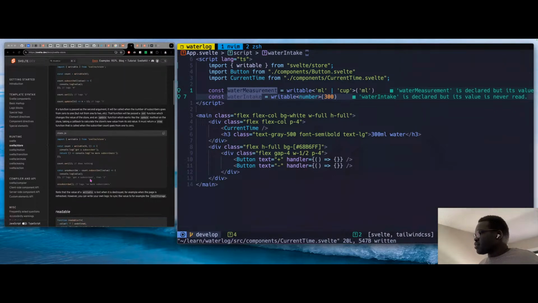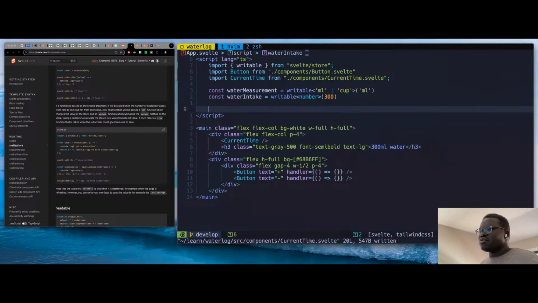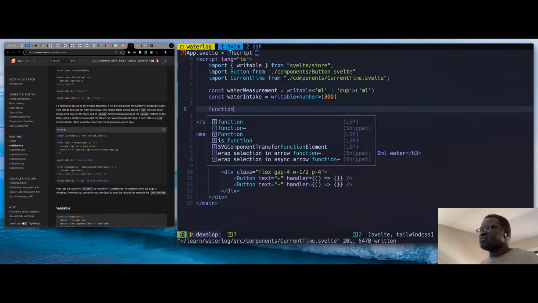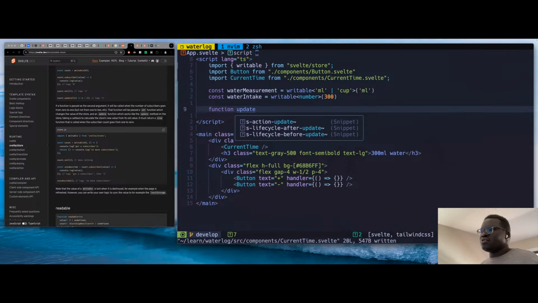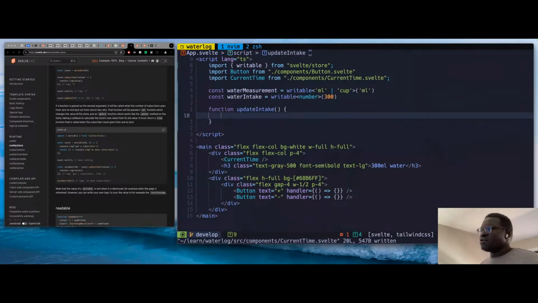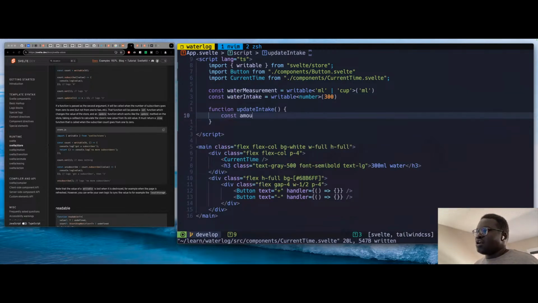But okay, so we have writable. So now to update it, let's have our handler. Do you want separate handlers or the same one? We could use the same one, and I guess base it on text. Okay, let's have a function, update intake, and we don't need to. So it would take, and so let's see, constant amount would be